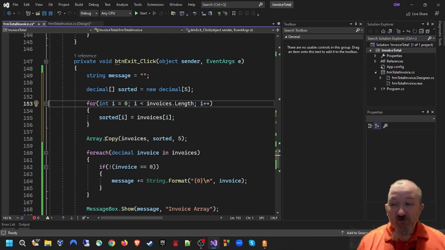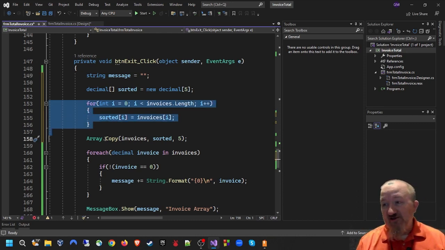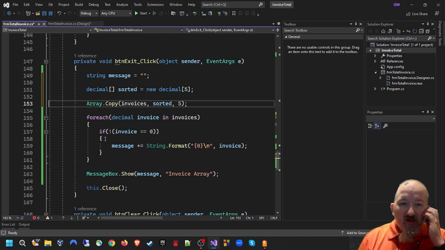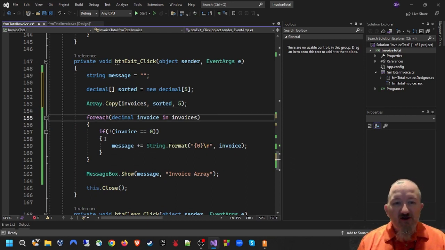And honestly, for this particular example, you probably don't even really need to create a copy. But I think it's a good habit to get into, having a copy of an array if you're going to have code that alters the array's order in any way. So we'll copy the array, we'll create a new one, and then we're going to say,